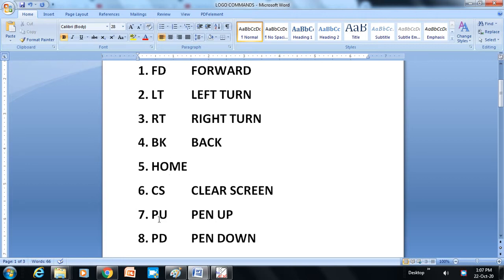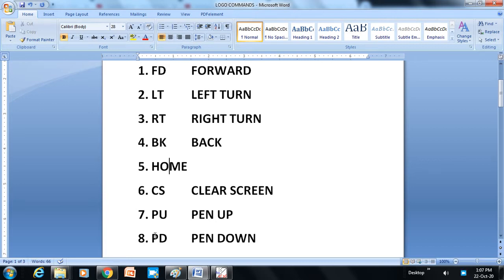When you move your pen up and move your hand on the paper, no sign or character will be created, because you have done pen up. If you want to write again, you need to pen down. You need to touch your pen to the paper. When your pen touches the paper, it will draw something. If it is not touching the paper, it will not draw anything.